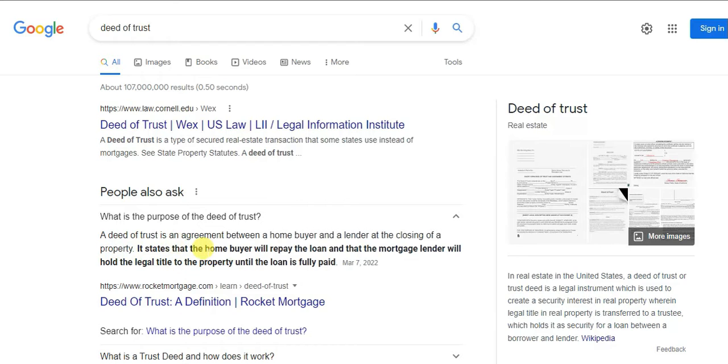A deed of trust is an agreement between a home buyer and a lender. At the closing of a property, it states that the home buyer will repay the loan, and that the mortgage lender will hold the legal title to the property until the loan is fully paid. Okay, so you can always,